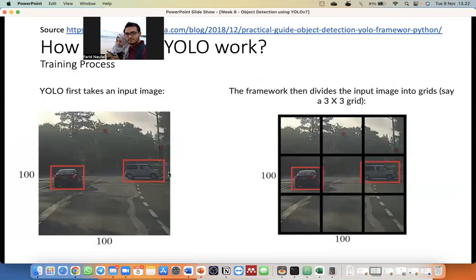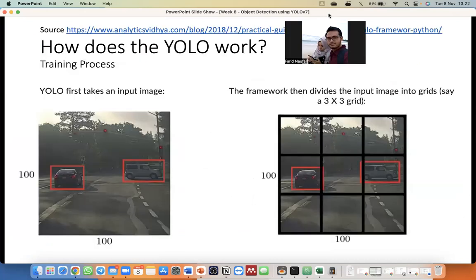Okay, how does YOLO work? The object detection algorithm, YOLO, has some steps to detect the object. So we will start with how YOLO works in the training process. As you can see here, in this case we want to detect the car object in our image, right?